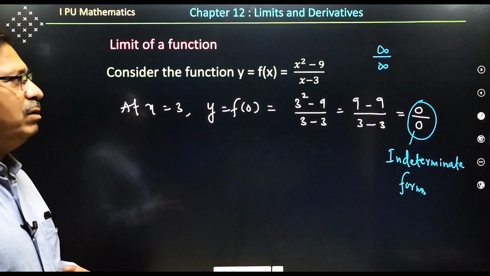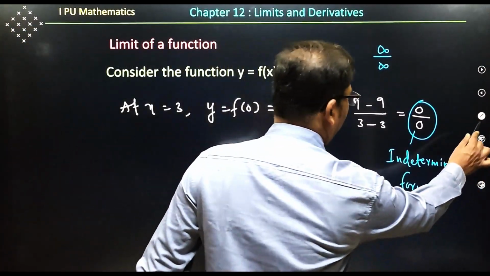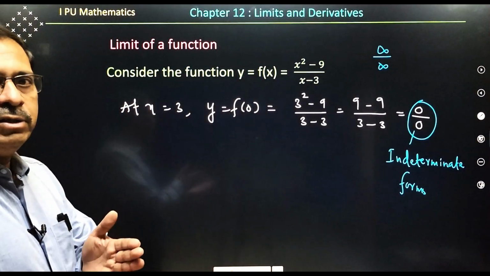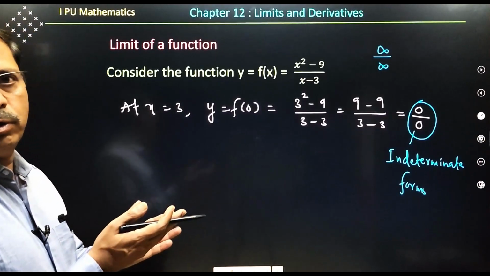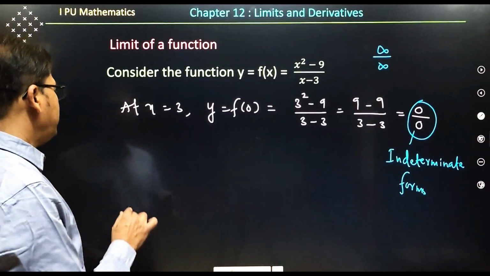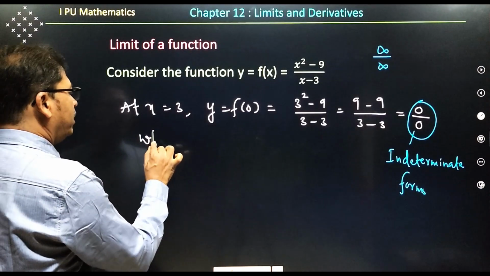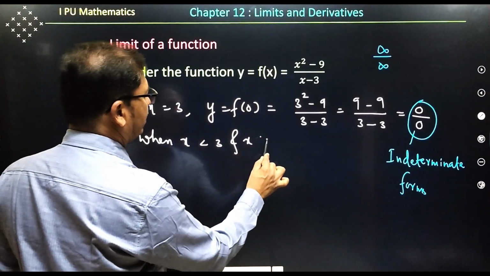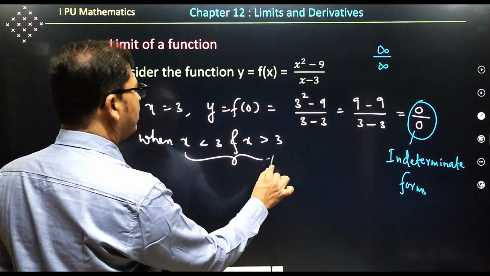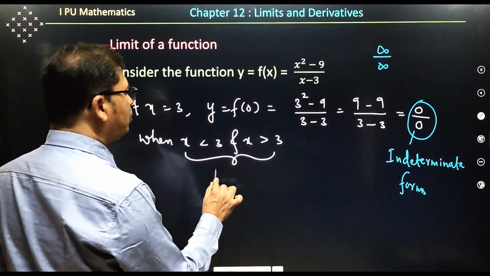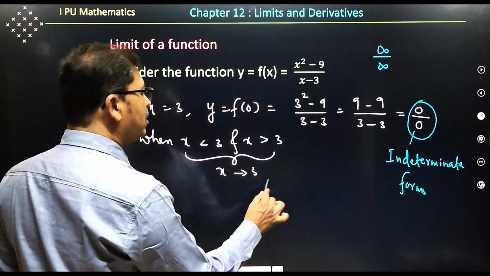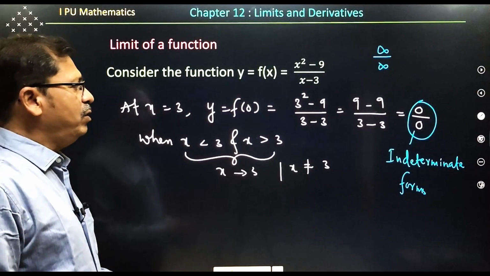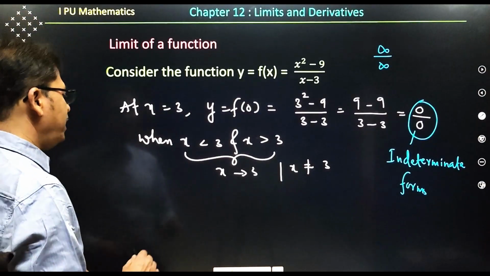Let me check the value of this function in the neighborhood of 3, meaning side by side, very close to 3 on the left side and very close to 3 on the right side. That means when x is less than 3 and when x is greater than 3, combiningly we can say, when x is approaching 3, it means when x is not equal to exactly 3. What about the value of this function? That is, when x is not equal to 3,